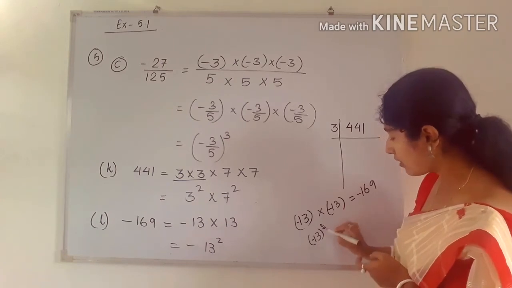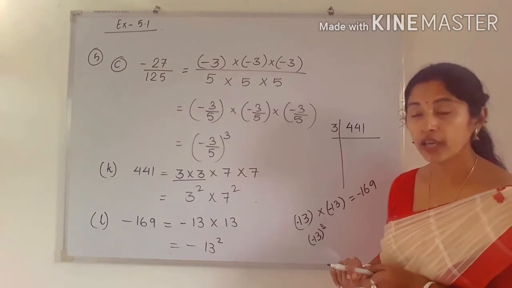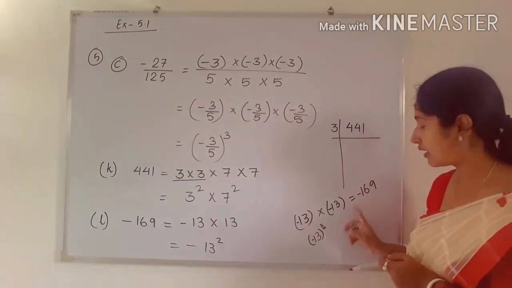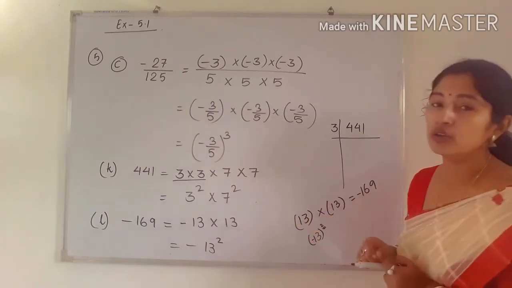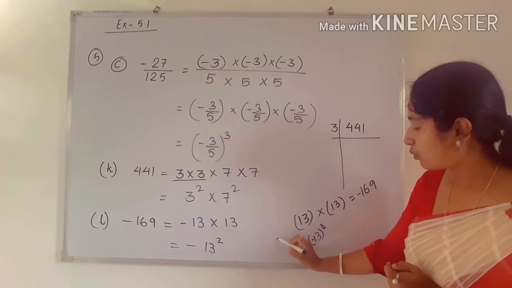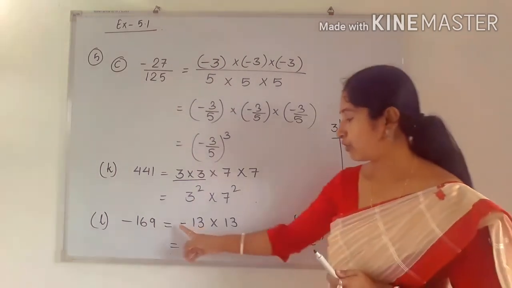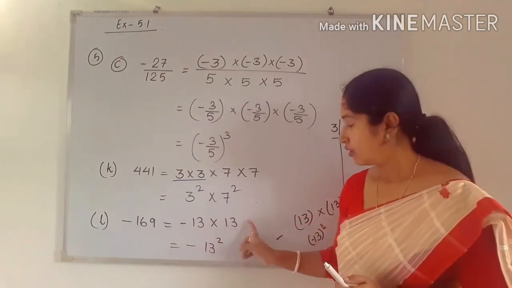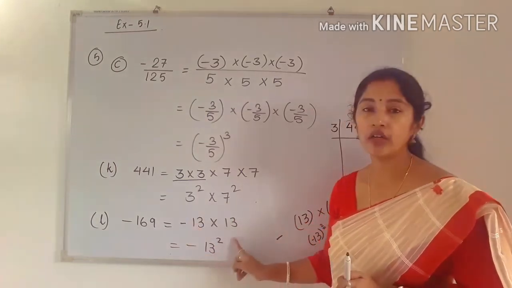So already we know, suppose if we place minus symbol here, what will happen? Minus 13 square, that means minus 13 into minus 13 will be a positive number. Okay. But we want a negative number, that is minus 169. That means we cannot put the negative sign here. So where we have to put? We have to put outside the numbers. Okay. So like that we have to write like this. Okay. Minus 13 into 13. So by like this way we can write minus 13 to the power 2.